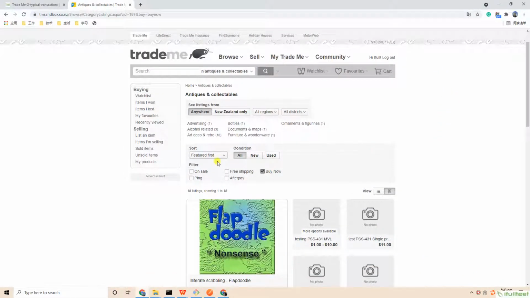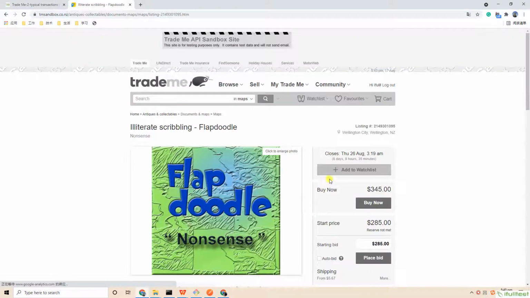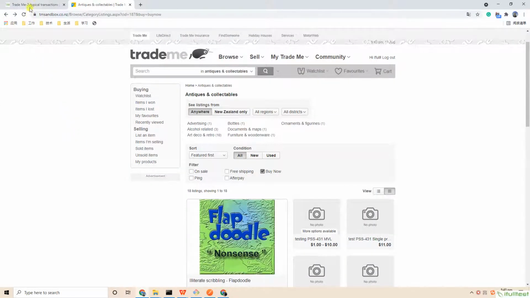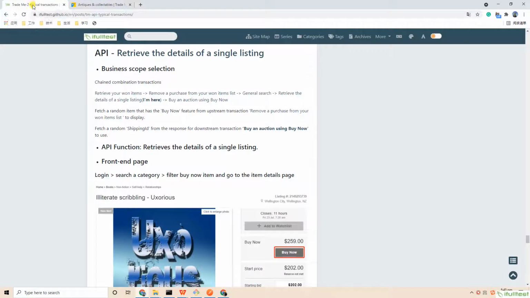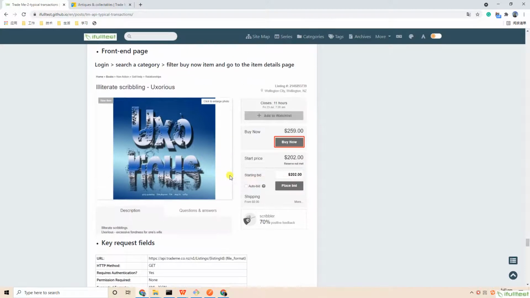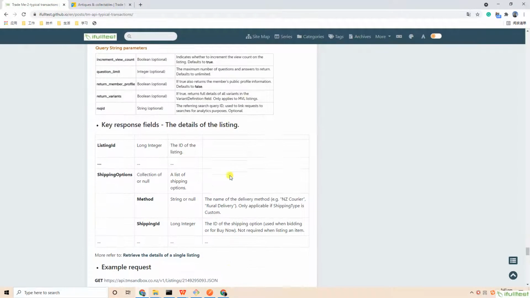Note that we filter the Buy Now items because we want to see items on the won list quickly. If we choose the auction process to buy an item, we may need to wait until the auction deadline expires. The example request and response is like this.